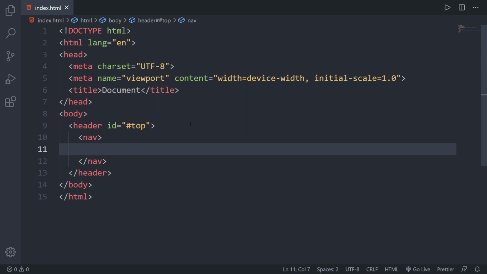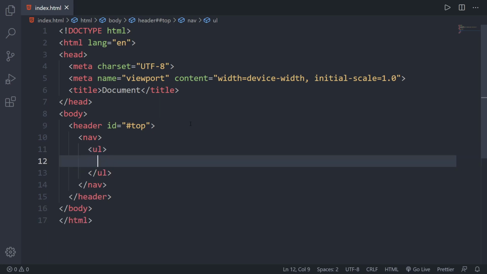And now we will use a list, an unordered list. ul means unordered list. There are two kinds of list in HTML. One is unordered list, and the other is ordered list, ol. Ordered list has numbers, so you can give order to a list, and unordered list does not really have any numbers, and we can definitely style it however we want. And inside of an unordered list, we have list items, li. So li stands for list item.